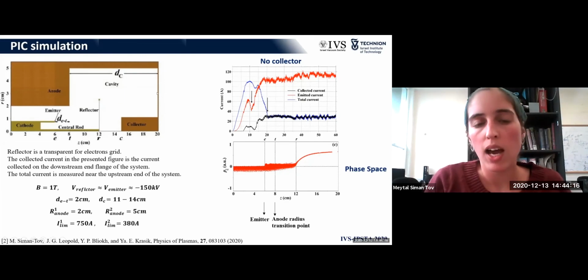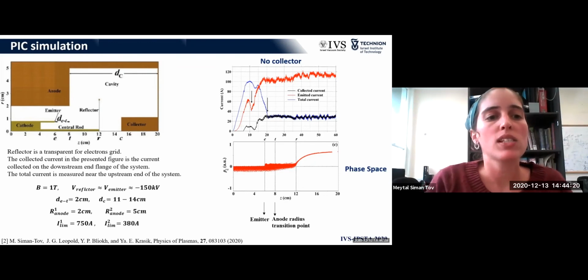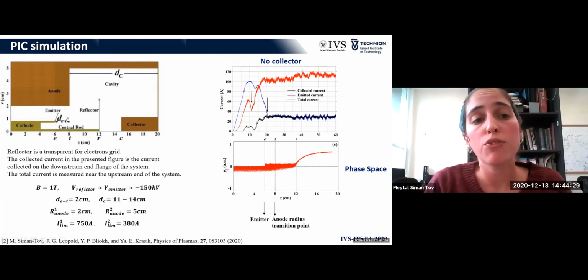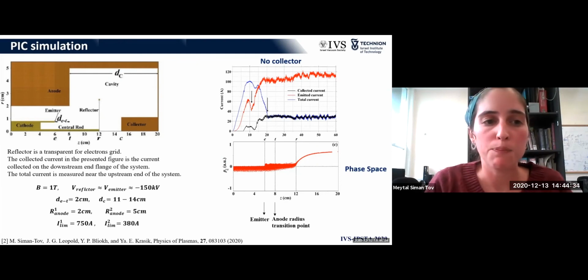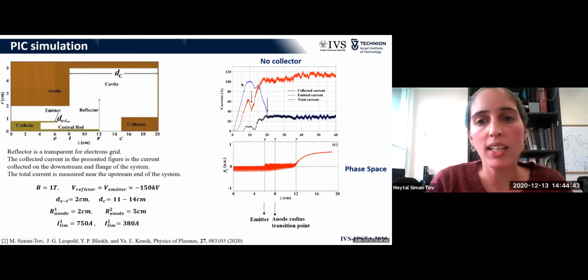This is just, I want to emphasize, a result of simulations, okay? In this case, electrons emit from the emitter and inject into the wider tube, generating a virtual cathode in the radial transition of the anode. From this location, part of the electrons reflect into the narrower tube, reach the emitter, screen the electric field, and cause a reduction in the emitted current. And you see this moment here in the signal of the emitted current.